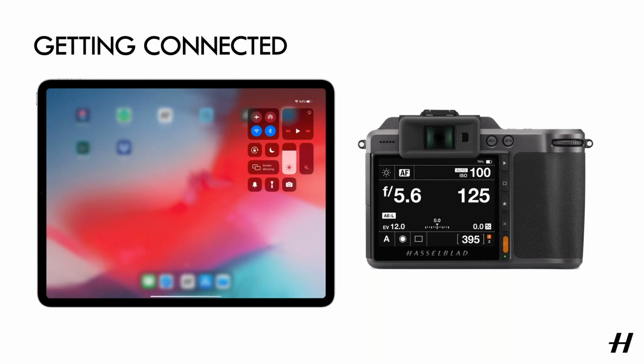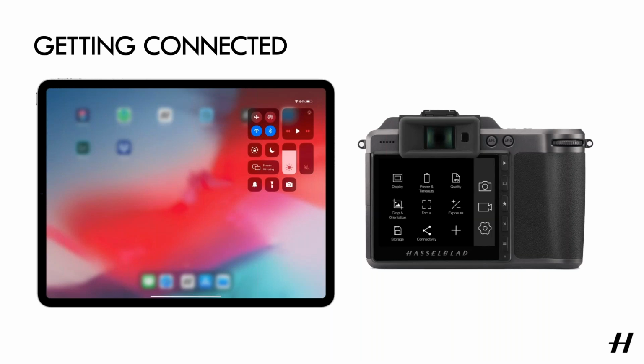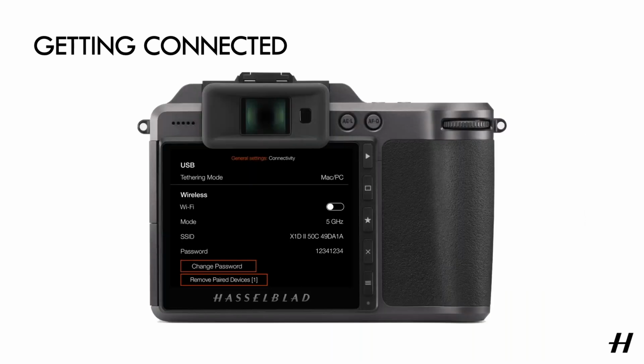Now, over onto the camera, you'll want to swipe up to the menu screen or just press the hamburger button on the button stack on the bottom right. Now, once we're at that menu screen, we're going to the connectivity menu. And by factory default, that is on the shortcut grid. However, if you've remapped your shortcuts to something else, you can, of course, tap the gear icon and scroll to connectivity.